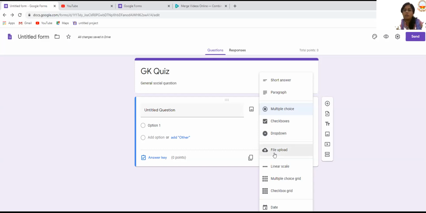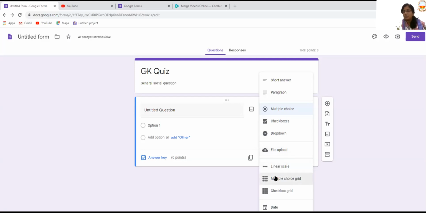Now file uploads. What I mean by file uploads is, imagine you are asking a student to upload maybe a project they might have done in the quiz questions. So at the end, you might be asking them to make a drawing and upload the picture of the drawing. So I can just use this one option, frame a question for the student saying that I have asked them to draw the picture of a plant. Okay, different parts of the plant it has to show me. So the student will draw, take a picture and upload it for corrections.